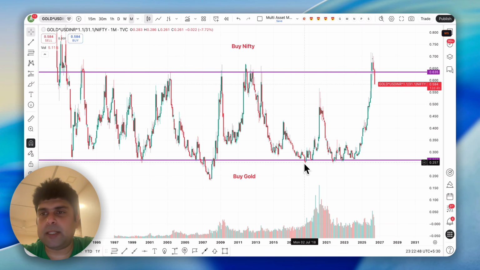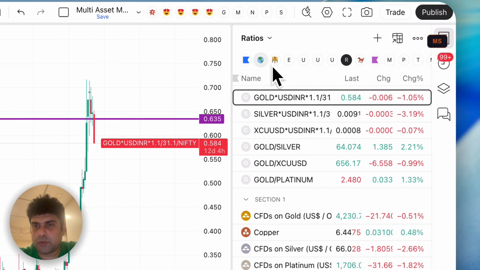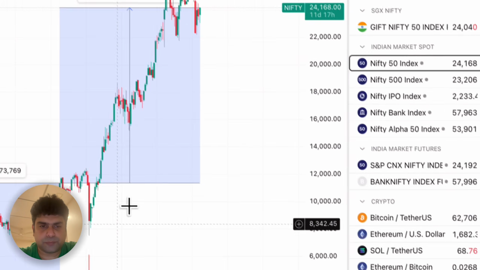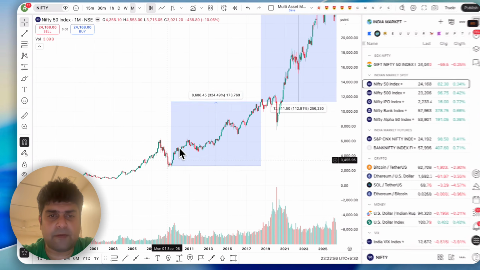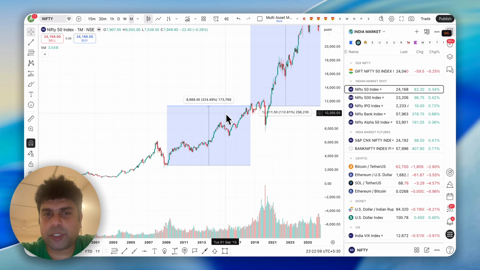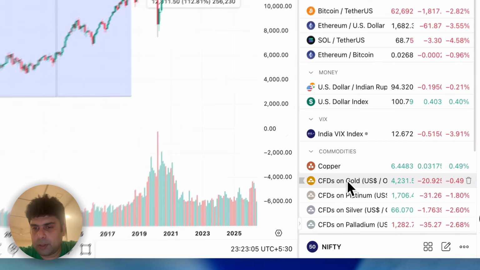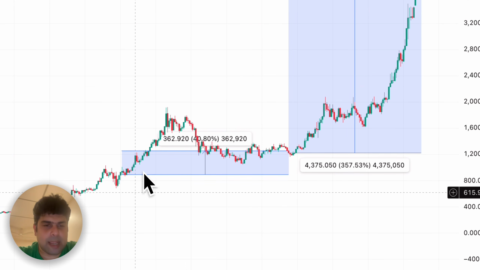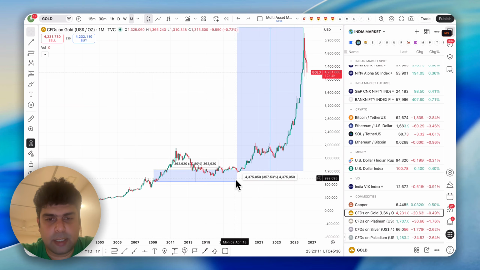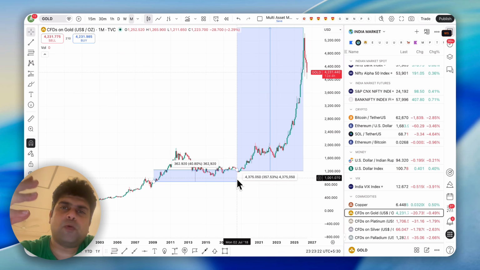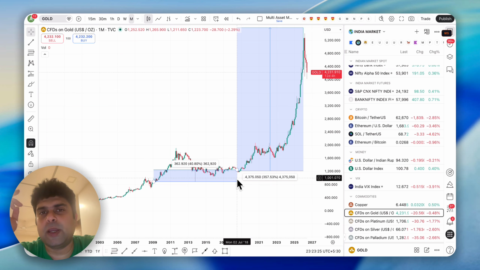Do you know how much Nifty grew within this particular zone from here to here? It went up by approximately 347%. Let me just quickly check on that and I will show it to you. Sorry, 324%. So you can have a look at this. Do you know how much gold went up during the same time? This is how much gold went up, and you can see it here. It's the same duration from Feb 2009 till about July 2018. Gold went up by 40%, to an extent that people lost hope in gold, saying that gold is a good asset class. But there are people who always thought, gold, let us buy, someday or the other it will go up, and all of those things.